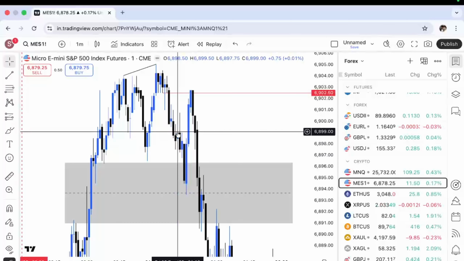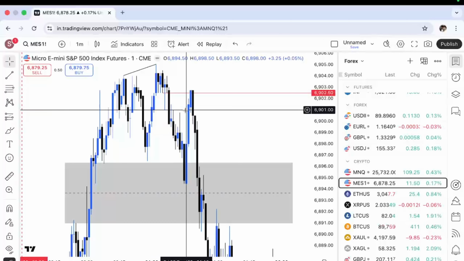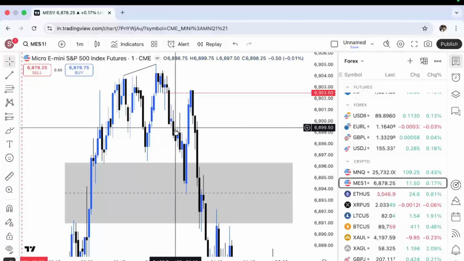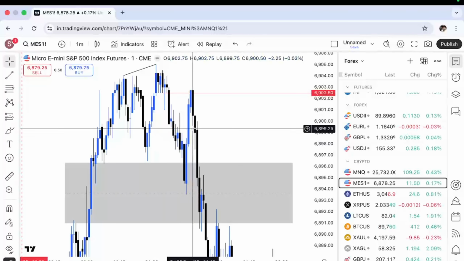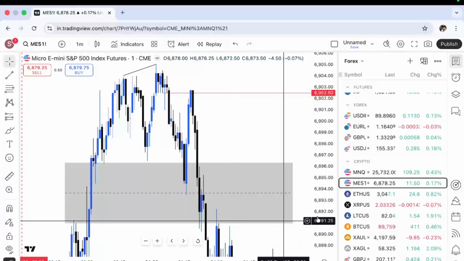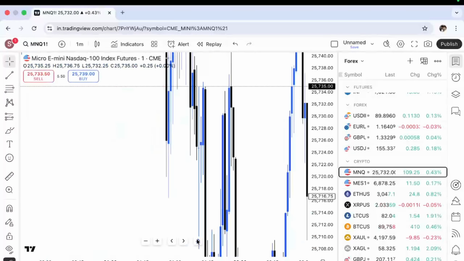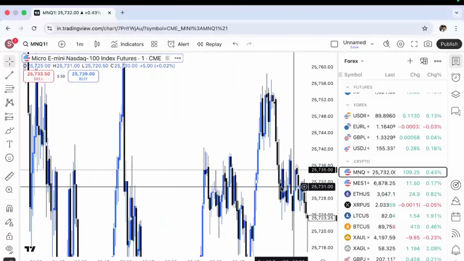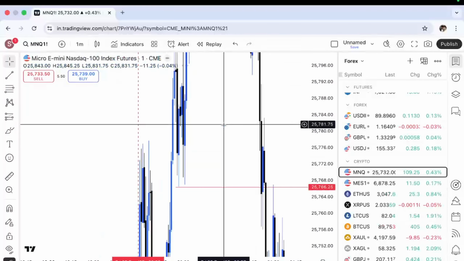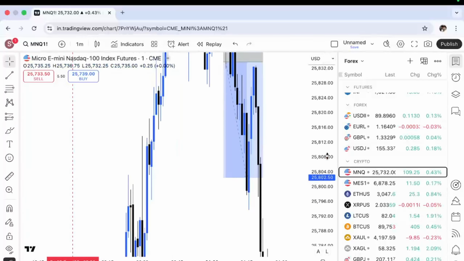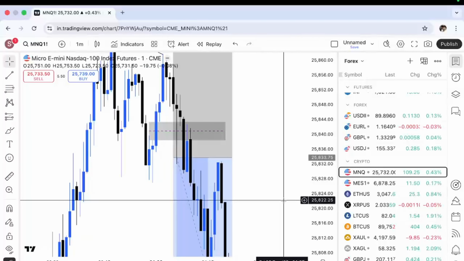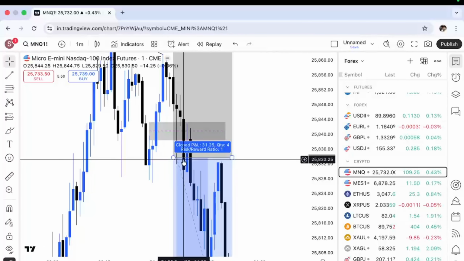Okay, we broke structure to the upside in 1 minute. We gave a retrace, we inversed this gap, and from here we just started dumping to the downside. The same thing happened on Nasdaq. So I was waiting for both of these pairs to inverse this 1 minute gap so that I can take shots. And just after inversing this gap, I have taken 10 micro Nasdaq contracts in shorts,